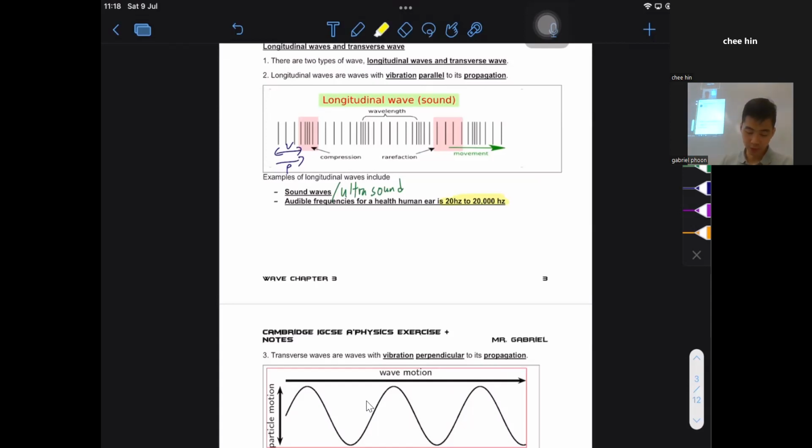For those who are confused, this is vibration, and this is propagation. Right? It's almost the same. Okay, everyone done copying? Good. Let's play a